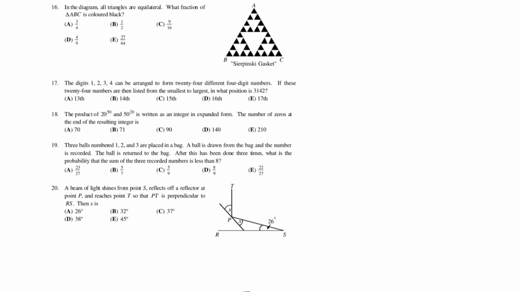And then 3, 3, 3. So we have 8 from 2, 3, 3, 3, 2, 3, 3, 3, 2 and 3, 3, 3. So that's 4 choices that are greater than or equal to 8. So 27 minus 4 gives